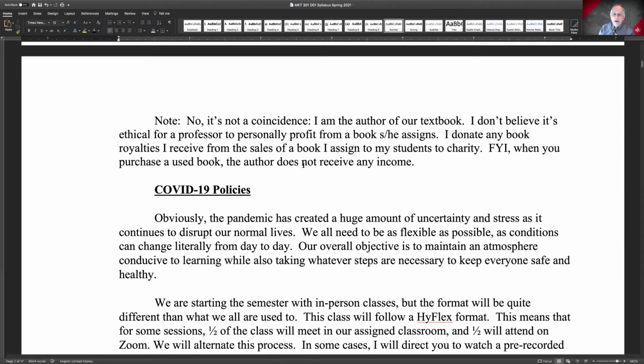So you may or may not know that if you ever buy a used book, just like when you pirate a music track or something like that, the artist or the author actually doesn't make any money on that at all. It's only if you buy a new version of that. So if you have bought a new version of the book that you're keeping, you can drop me a note, and any royalties that I might make on that, I will donate to charity.